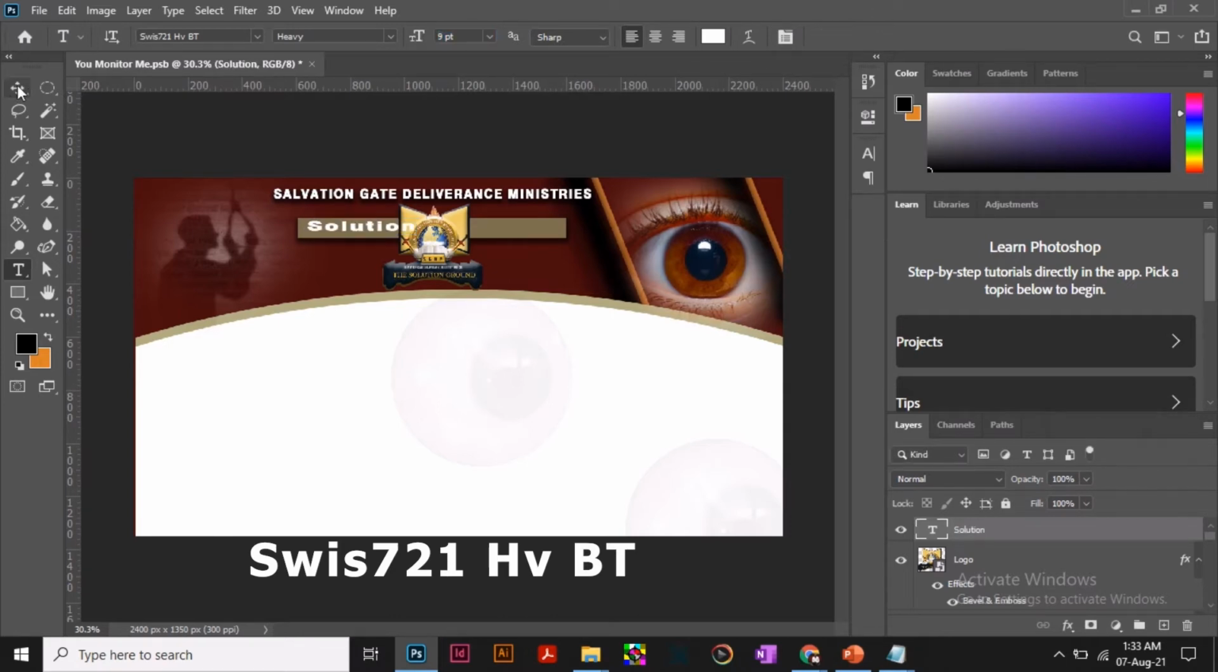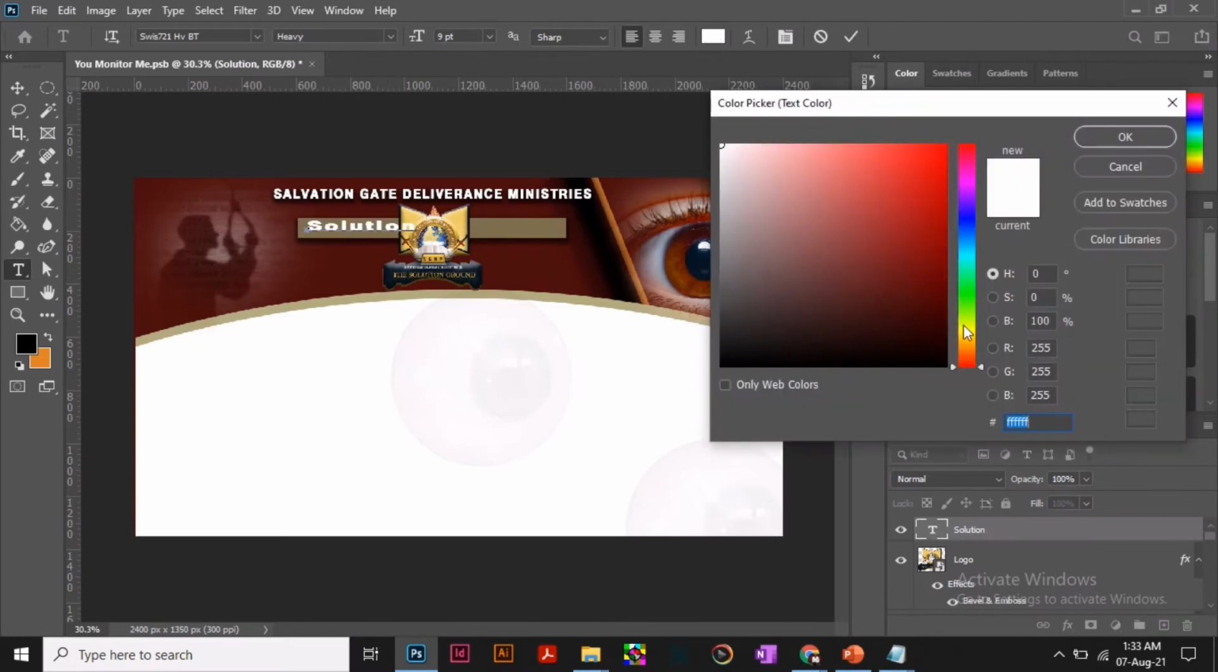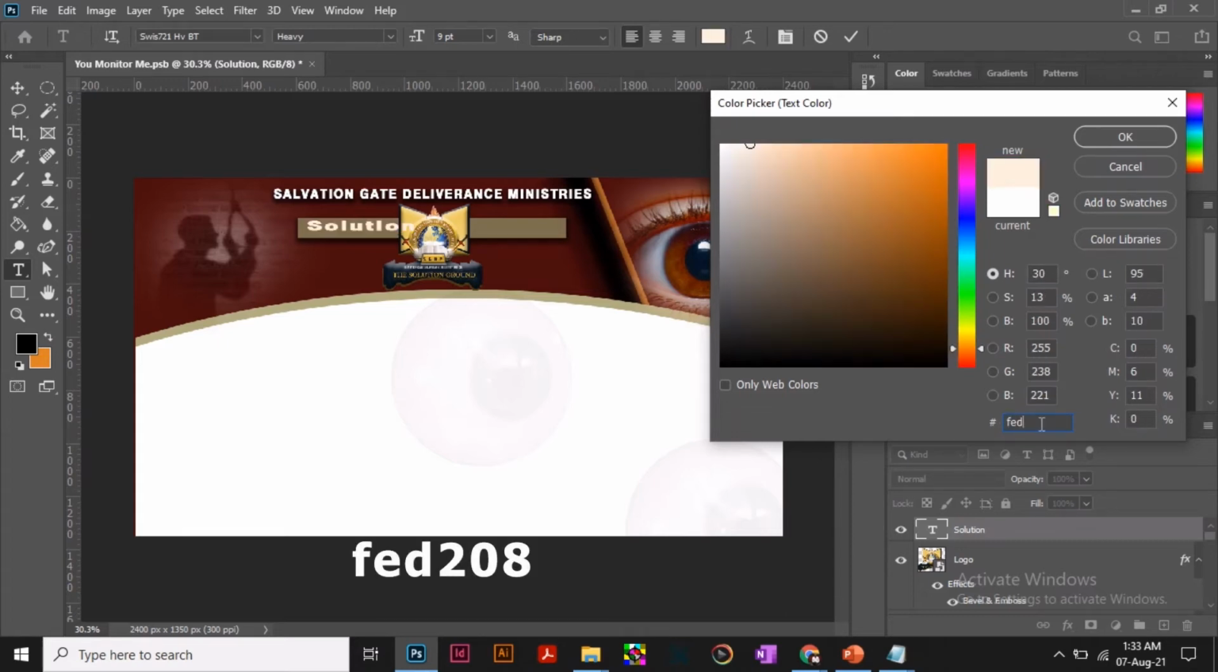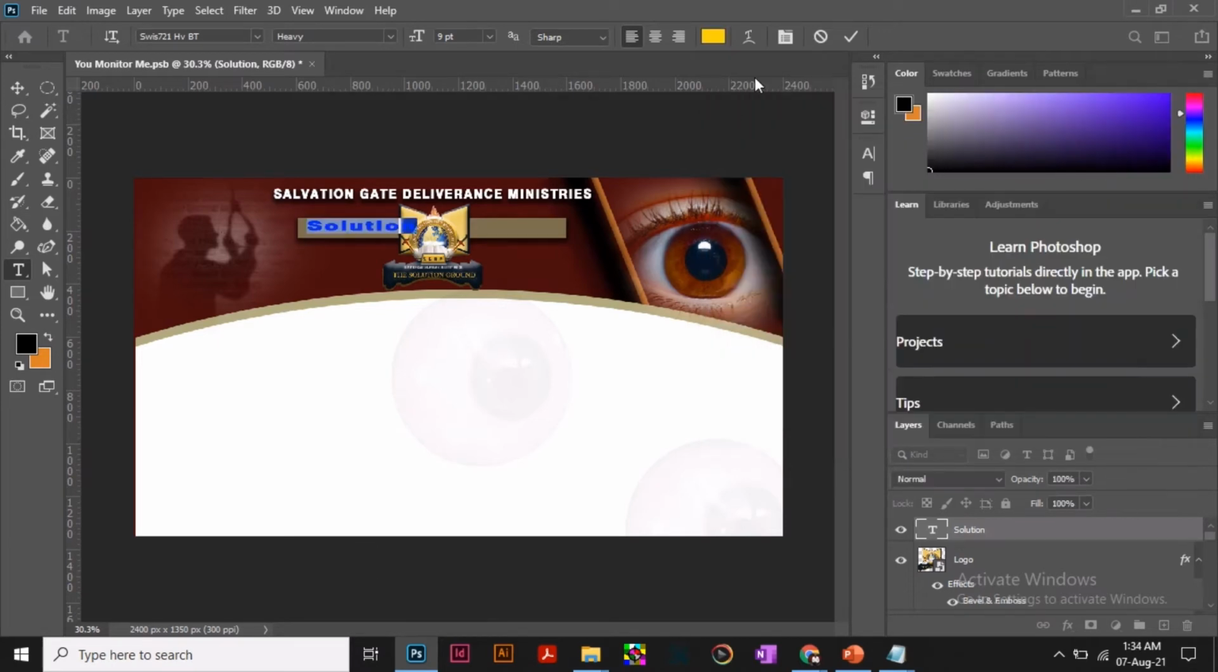Now the next thing is to change the color of this text. So I'm going to select my text tool again, and I'm going to select the whole text, and I will click on this color box here so I can set it to yellow directly here, but I have a color code that I want to use for it. So I'm going to select all this other code down here and replace it with mine, and I'm going to type in FED 208. That's the color I want to use. And after that I'm going to hit OK, and I'm going to hit another OK here,